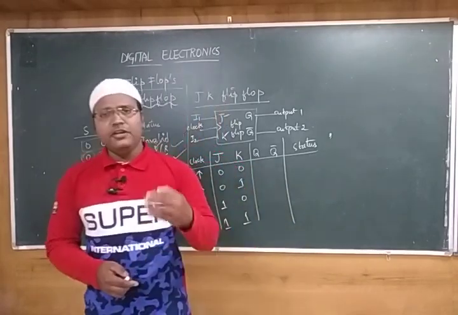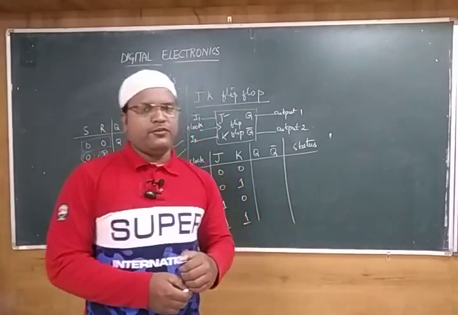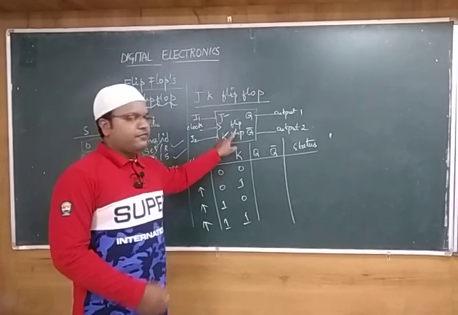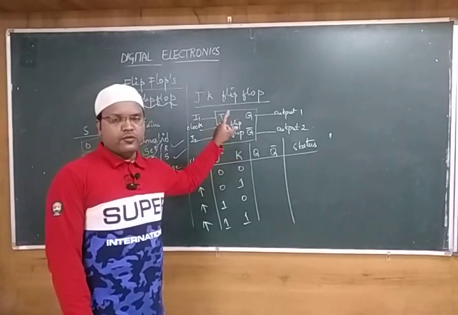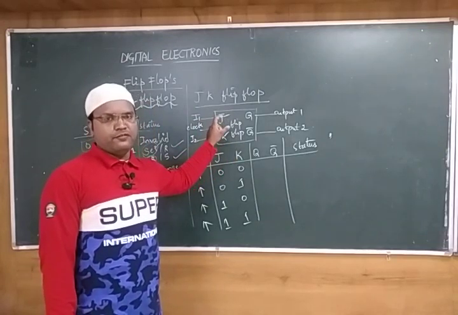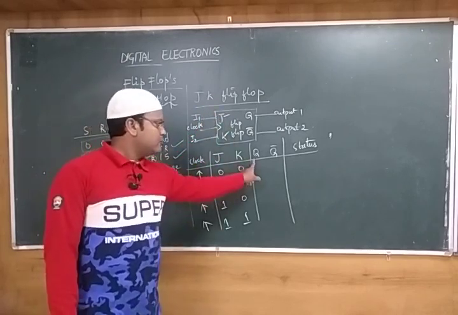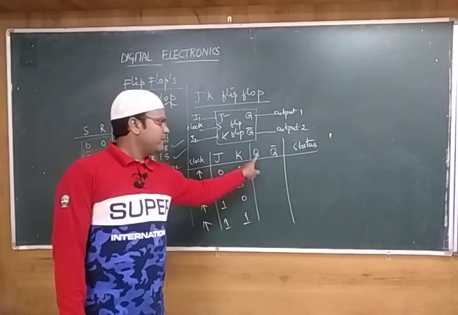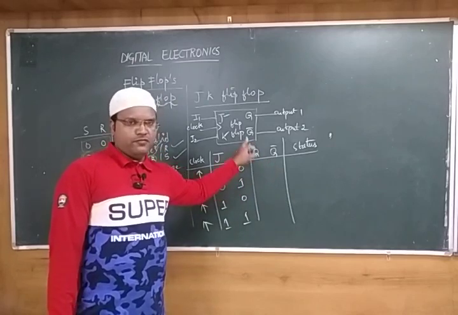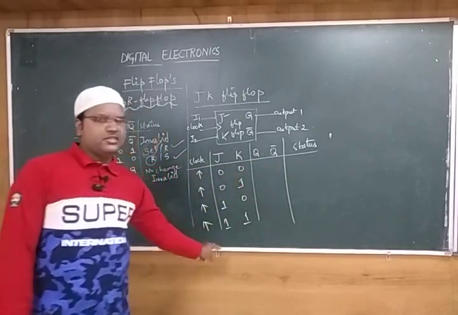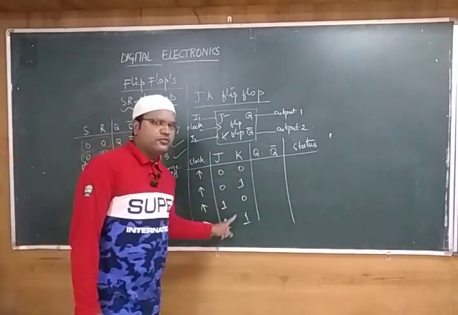Because whenever you want to design any kind of flip-flop, whether it is JK or SR, since it's a flip-flop, it is going to store a bit of information in memory. For that, we have to mention its 2 states. The reason for mentioning them is Q and Q bar. Q is the present state. If you take the complement of that, it would be Q bar. So we have to take the combinations 0, 0, 0, 1, 1, 0 and 1, 1.